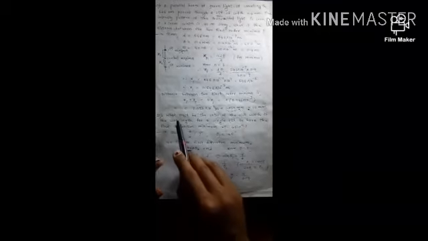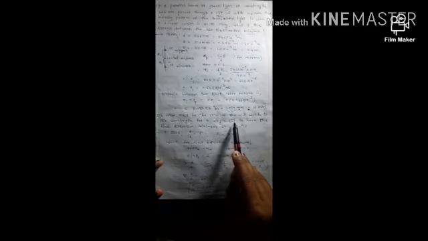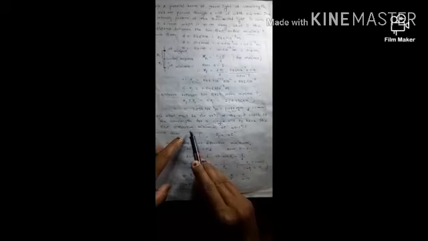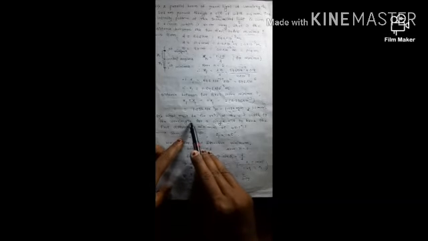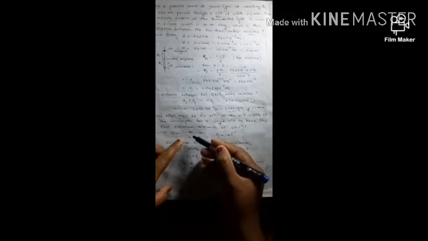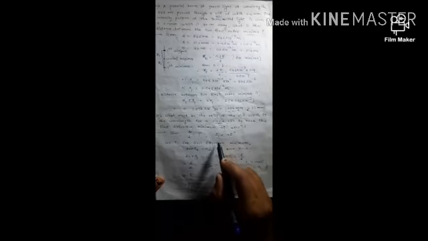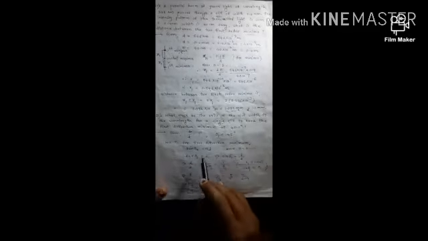Now the next example: what must be the ratio of the slit width to the wavelength for a single slit, meaning for the diffraction pattern? So the ratio of the slit width, which is d, to the wavelength, divided by lambda. So this ratio, d upon lambda, is asked for a single slit to have the first diffraction minimum at 45 degree. So the angular position of the first diffraction minimum is 45 degree.